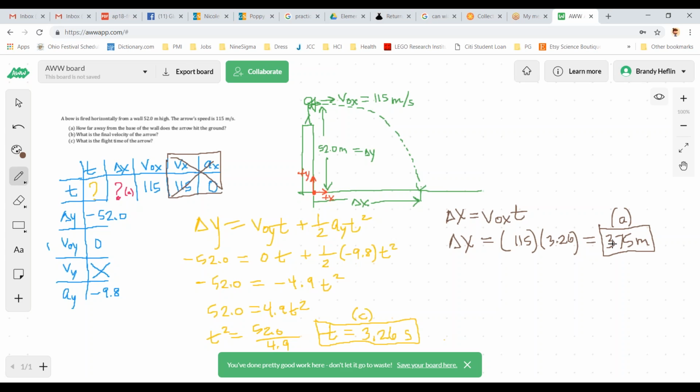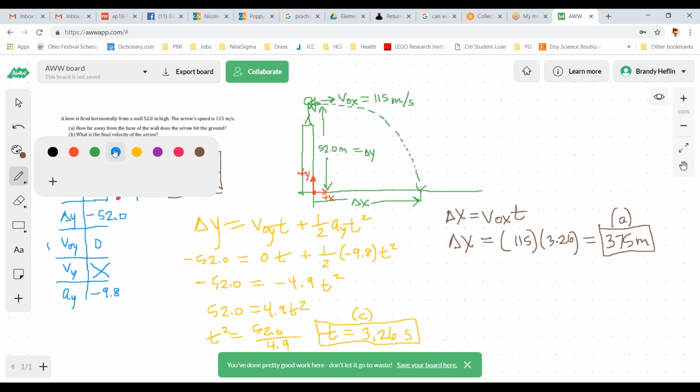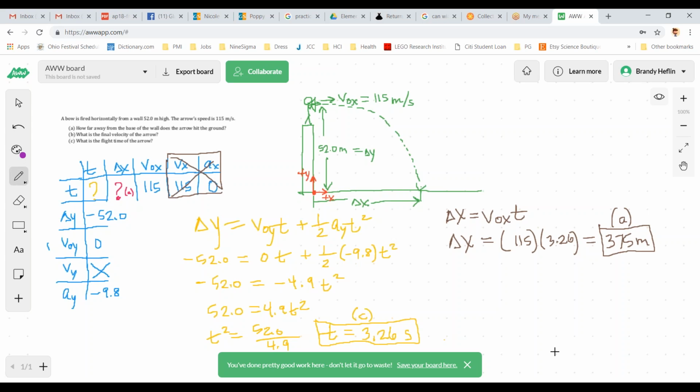So this last question, part B, what's the final velocity of the arrow? I just realized I forgot to actually find the angle below the ground. Maybe your teacher didn't mean that. If he or she did, let me know, and I can help you with that too. So let's pick a new fun color. Let's go purple. So for this part B, the important thing is that when the arrow lands,